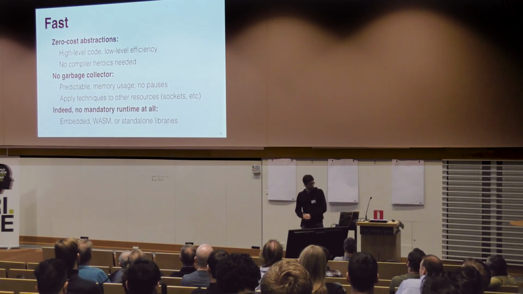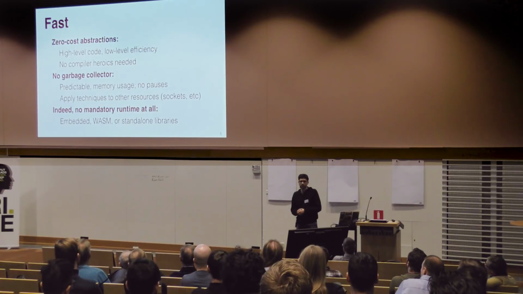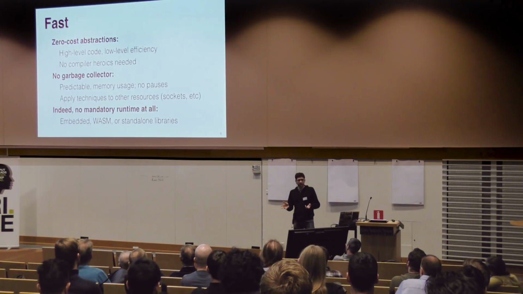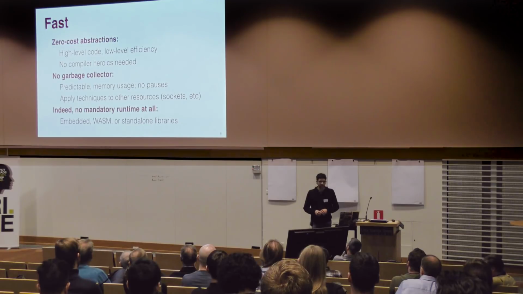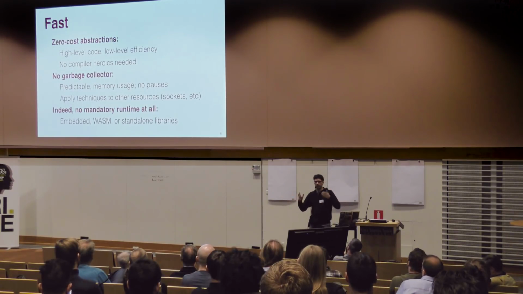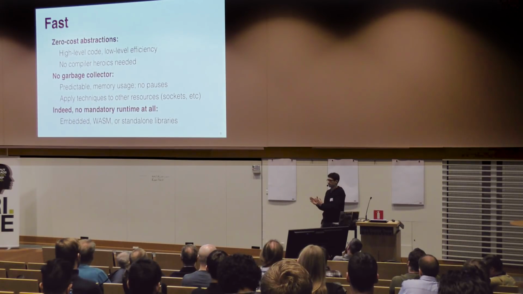And the nice thing is, once you don't have a mandatory garbage collector, actually Rust goes a little bit further. We don't really have any mandatory runtime at all. So you don't even need a memory allocator if you want to compile to some target that doesn't have malloc. It's kind of like C in that way, right? So all these projects where you would have thought you have to use C, we'd like you to be able to use Rust. So if you have a big Java project, a big Ruby project, and you want to take some of that code and convert it into, say, Rust code and then plug it into the Ruby VM, that's okay, right? We can do that.